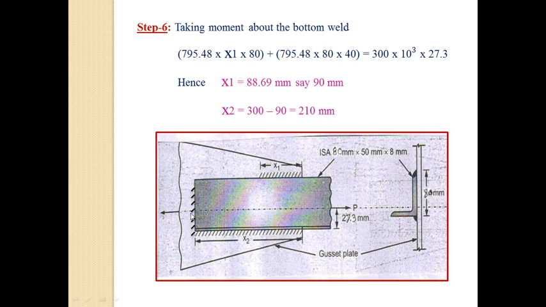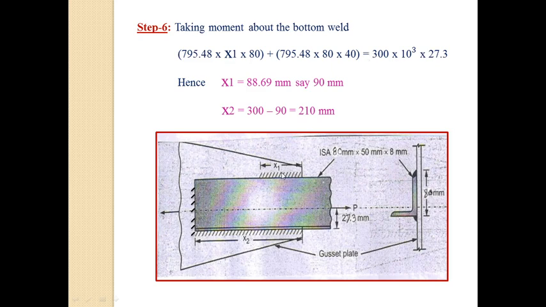So the load here is 795.48 into 80. This load is provided here, multiplied by 40, that is half the perpendicular distance to the bottom. So 795.48 into 80 into 40